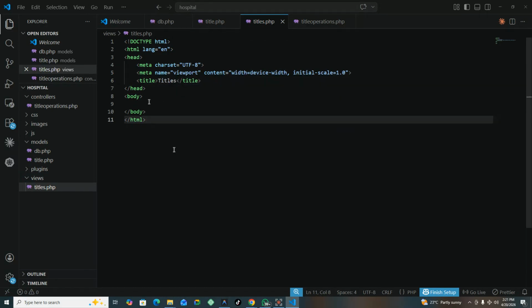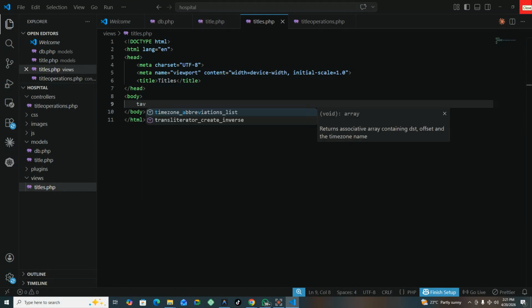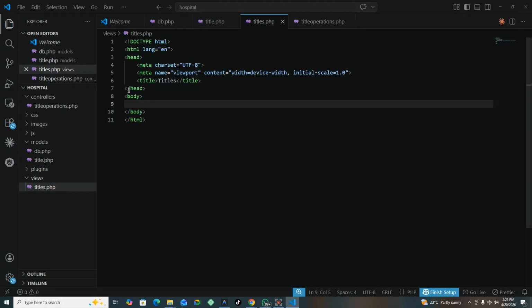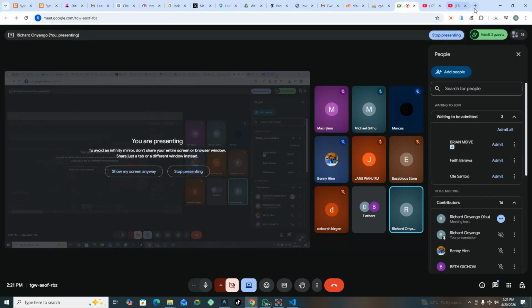Titles like that. So inside titles, we said I need to create a table. So I'll have a table, but of course, before I create a table, I need to be able to bring in my plugins, which in this case, one is going to be Bootstrap, the other one is going to be jQuery. At least I need those two plugins to be able to work on this effectively. So what I'm going to do, I'm going to open a browser,